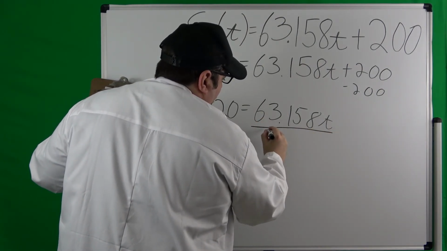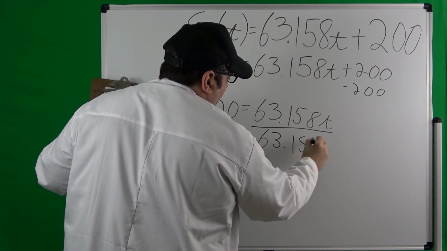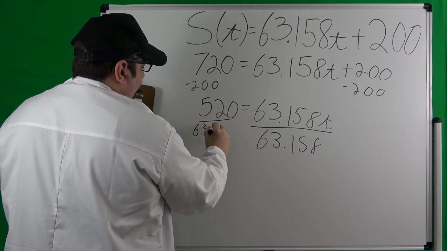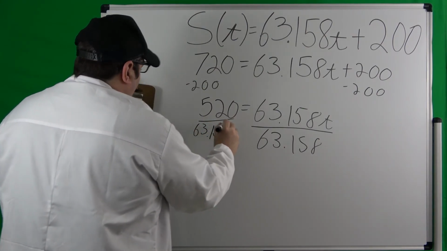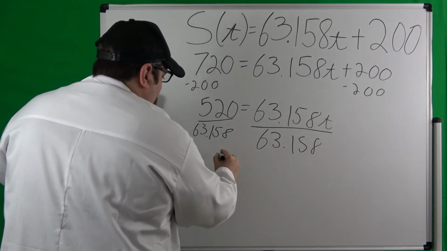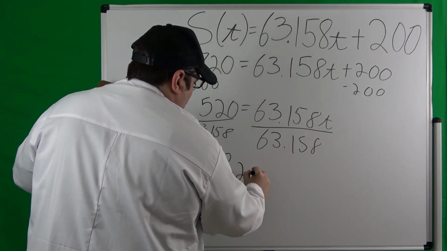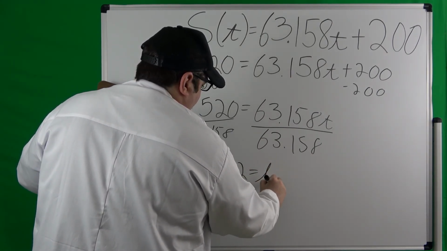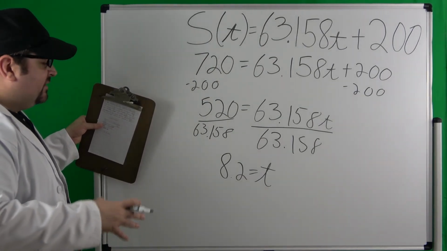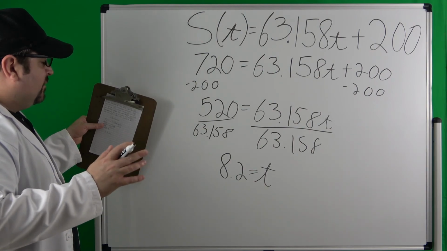So we're going to divide both sides by 63.158. And when we put that in our calculator, we're going to get 8.2 equals t. And that answer kind of makes sense, right? So she slept 8.2 hours the night before she scored a